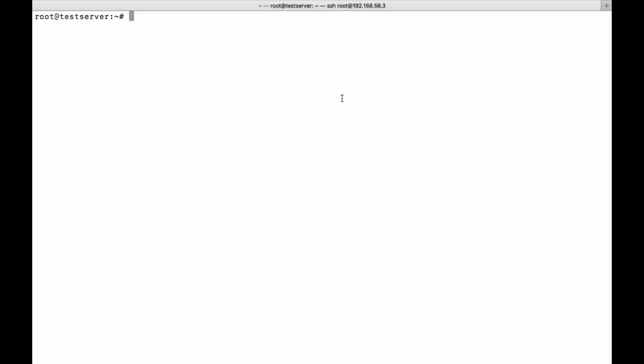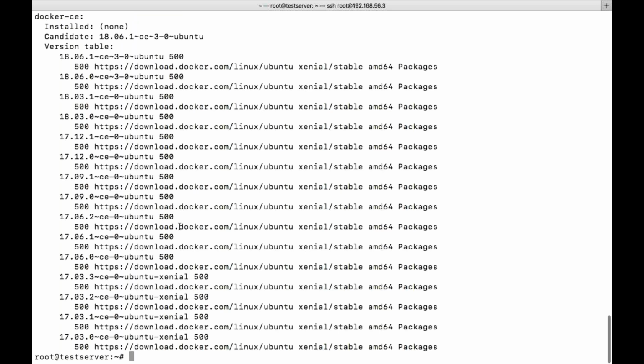So then we have a command, on Debian machines I'm talking, apt-cache policy docker-ce. These are the versions which are supported by your Docker repository. This is entirely from the Docker repository, the repository which you added. What is the latest version? It is 18.06.1. This is the latest. Till here, this is the package name. It is supported from 17.03 from here till here. These versions are supported. You can install anything whichever you want.